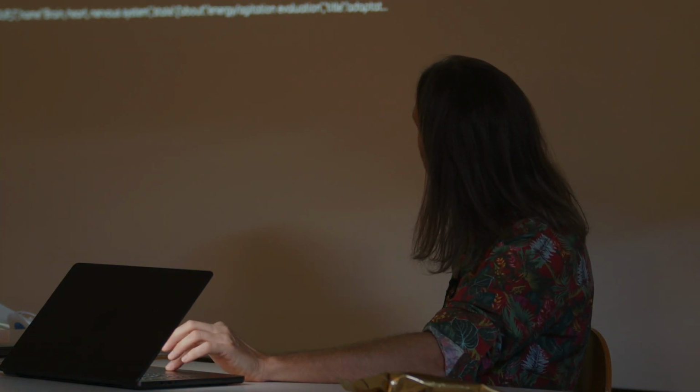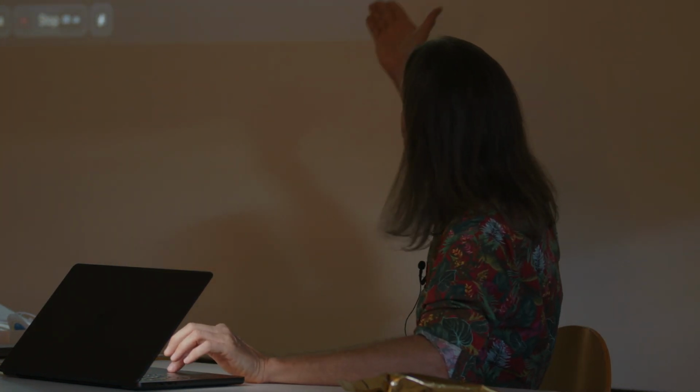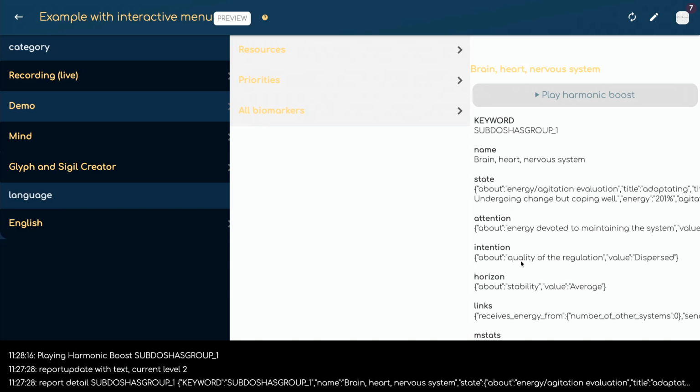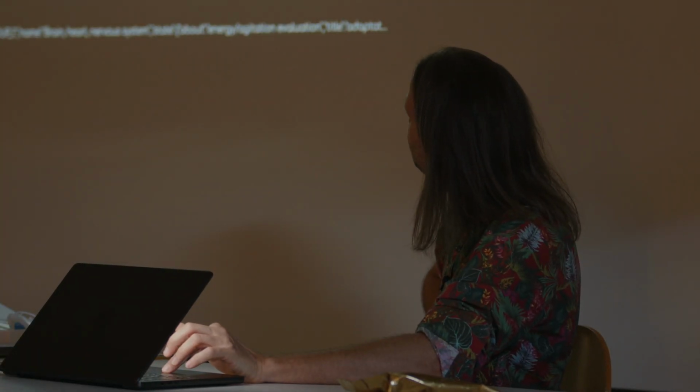Interestingly, you have some helpers like play harmonic boost, and if you click on it, it will just play it. This is the kind of thing you can do from your module. You can generate images, you can generate new sounds. So it's a start to make BioCoherence a platform where any wild ideas that you want to develop on the basis of one exploration can be done. I think it's a really nice possibility.